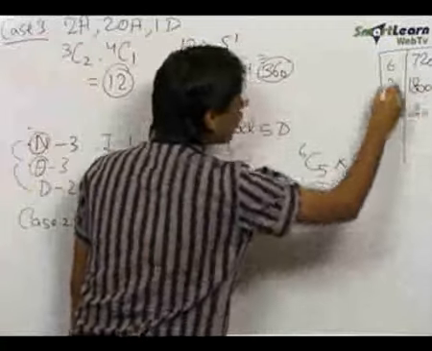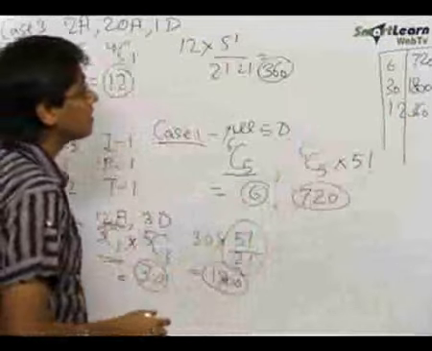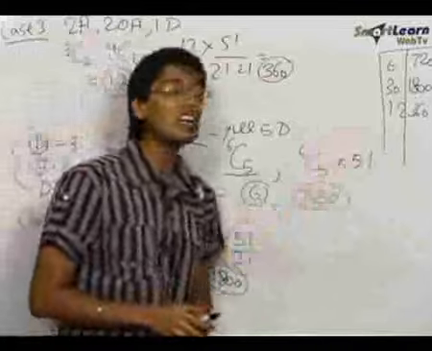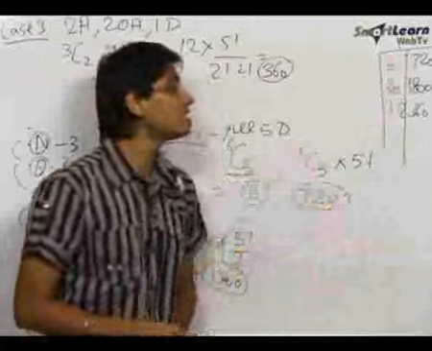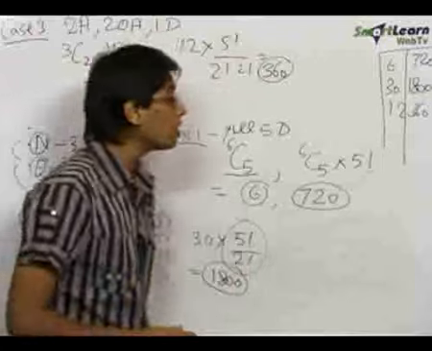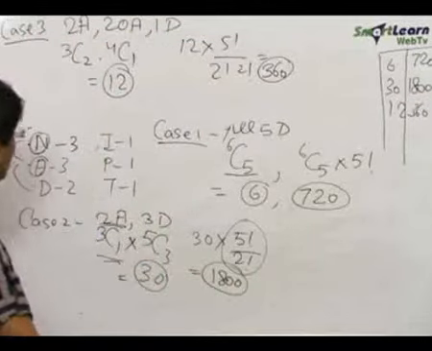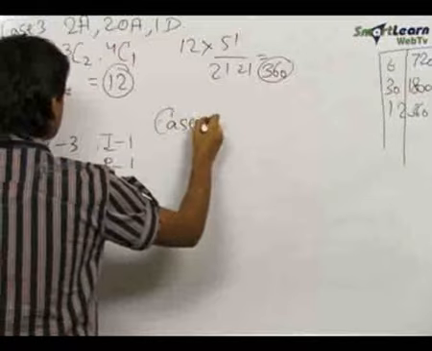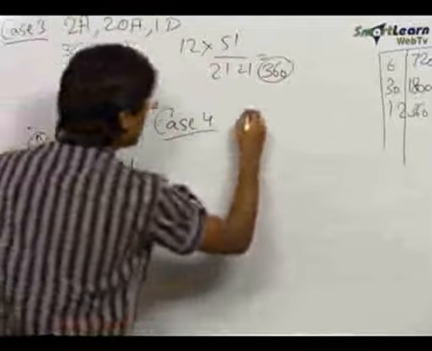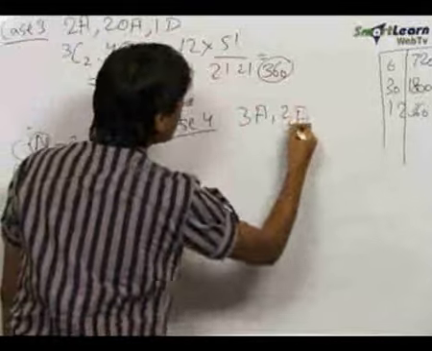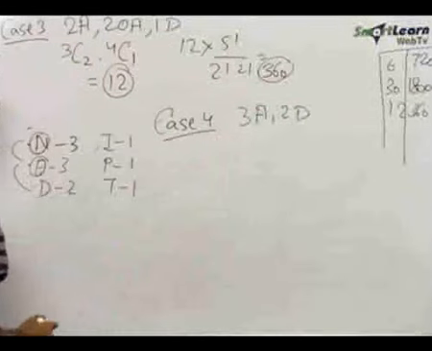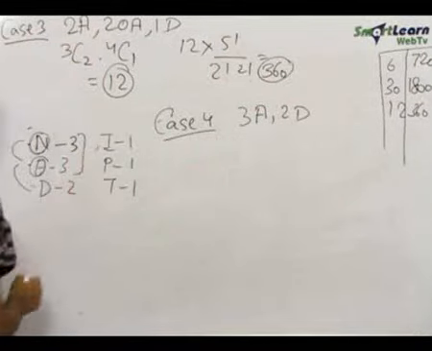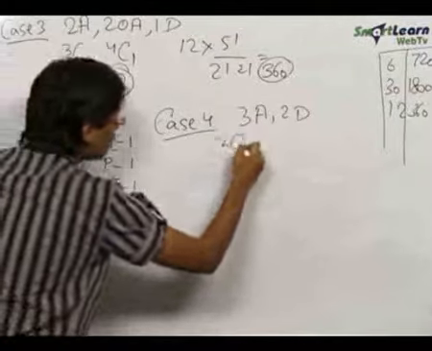The first column represents the total number of ways of making selections of the 5 letters, and the second column represents the number of ways of forming words. Now we can rub all this. Now comes our case 4, that is 3 alike and 2 different. Now 3 alike alphabets can be selected from N or E. So this is 2C1,